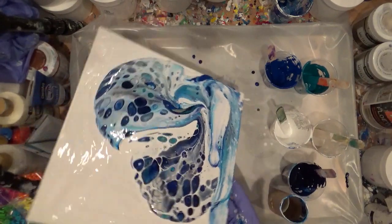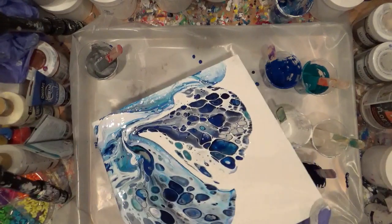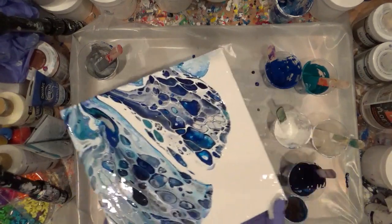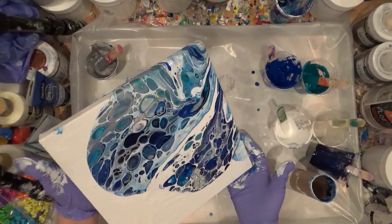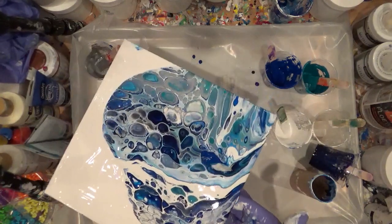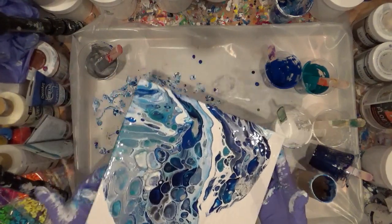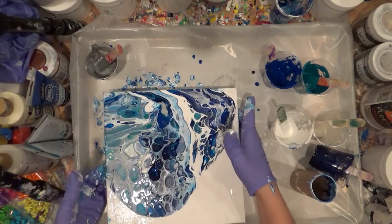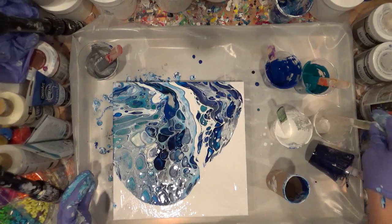Okay. Wow. Have to let it flow a tiny bit. I think I'm going to, I don't want to overextend myself. That was enough in there. Wow, that looks like a heart. I think I need to put another one in here. And I need to